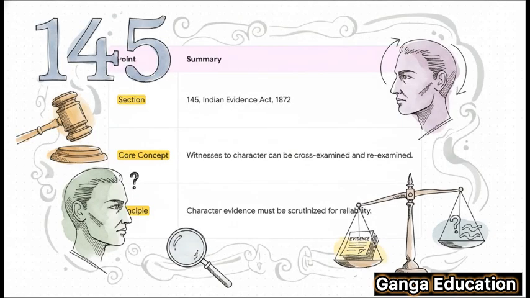चलिए एक क्विक रिवीजन करते हैं। एग्जाम के लिए ये 3 चीजें हमेशा याद रखिए। पहला, सेक्शन नंबर 145। दूसरा, इसका कोर कंसेप्ट: कैरेक्टर विटनेसेस कैन बी क्रॉस-एग्जामिन्ड एंड री-एग्जामिन्ड। और तीसरा, इसका प्रिंसिपल: कैरेक्टर एविडेंस एडमिसिबल है, लेकिन उसकी रिलायबिलिटी को स्क्रूटनाइज करना अनिवार्य है। और हाँ, एग्जाम के लिए इसकी इम्पोर्टेंस